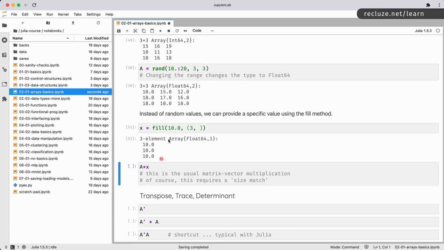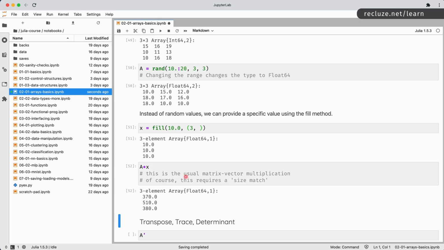Okay. Now that we have this a and this x, we can go ahead and multiply them together. And the syntax, because this is built in Julia, you can simply say a into x and this is just going to work out perfectly, right? So this is obviously a matrix vector multiplication. So you have the typical rule of row multiplied by this vector and the second row multiplied by this vector and the third row multiplied by this vector to give you the final result out, right? So this works really well.